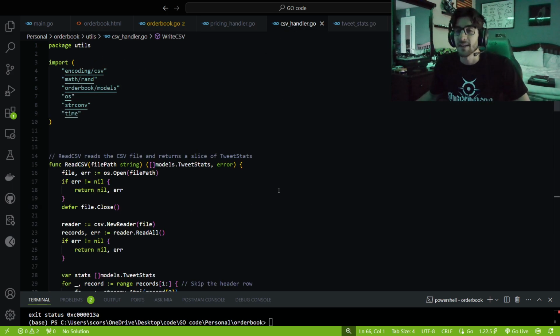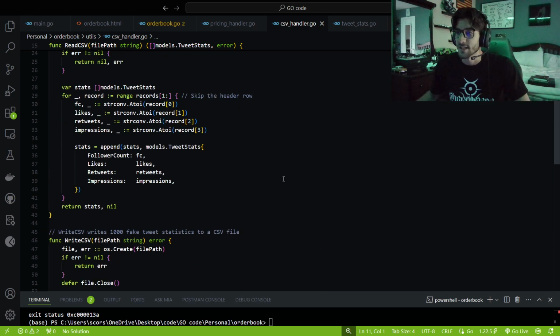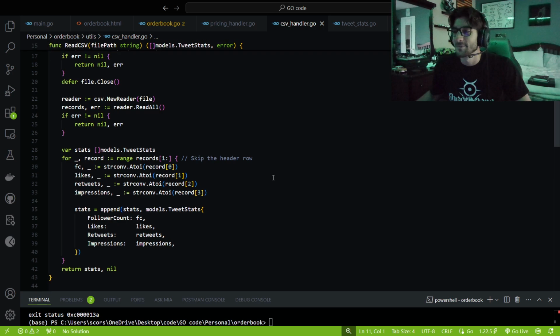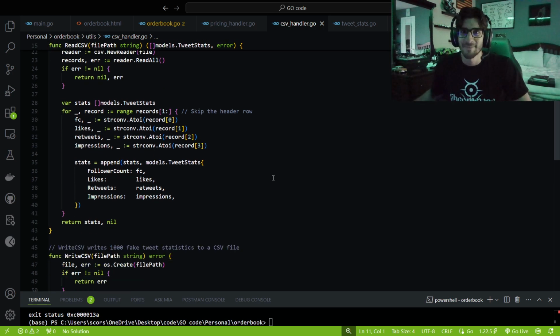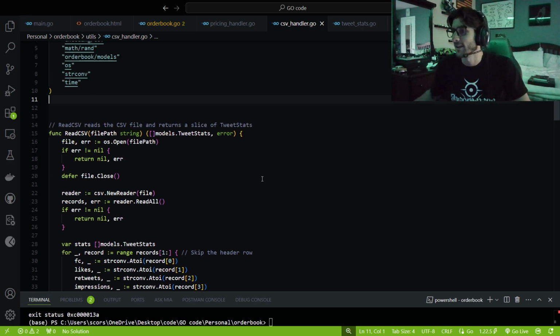Now we need a CSV handler. We need something to read and write the information to the CSV. I think I just found this code somewhere. I'm not sure where I even got this. I might have ChatGPT'd this, honestly. I ChatGPT'd the front end and probably this, or I found it online.